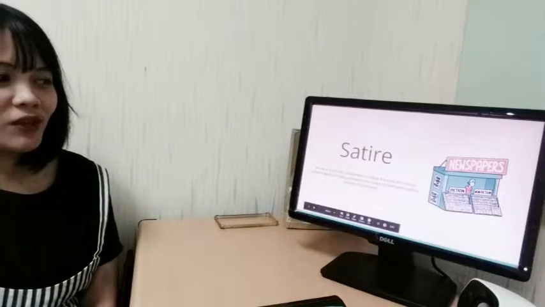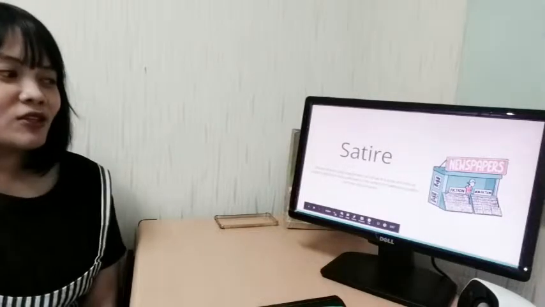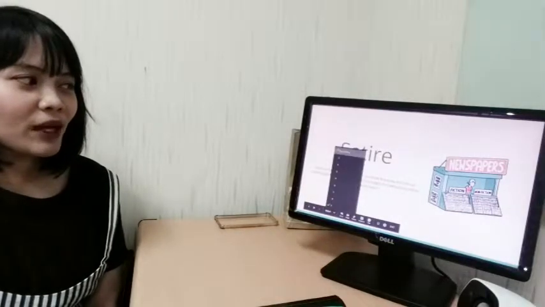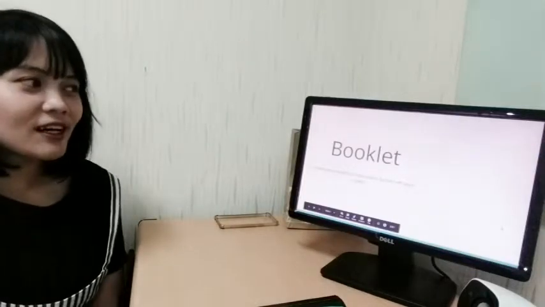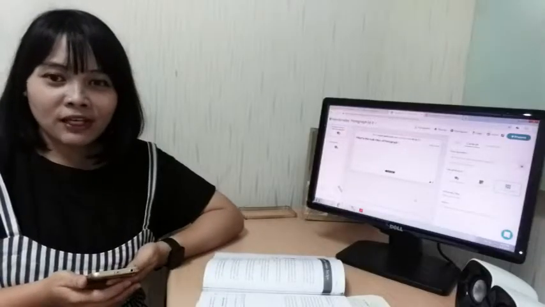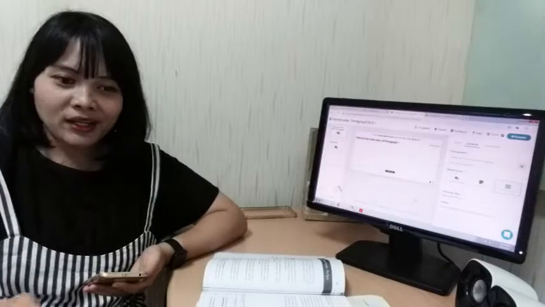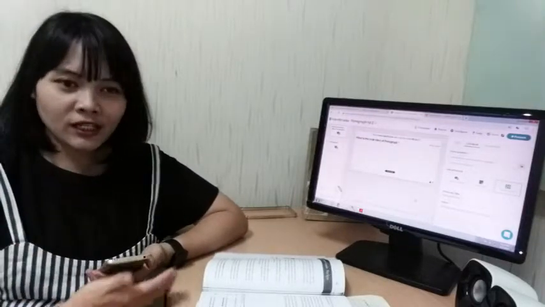Alright, since we have discussed all the vocabularies, I'll start from the beginning so you can remember again what we have discussed. Booklet. Comic strip. Good job everyone. Now since we have finished doing the practice on vocabulary, let us now try to read the